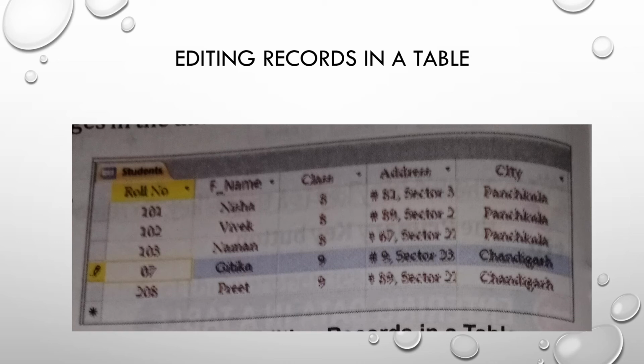Editing records in a table. After entering data in a table, sometimes it is required to make changes in the database. This can be done in various ways. To edit a record directly, scroll through the records or use the record navigation button to find the record to edit. Double-click the cell where you want to make changes. Type the information into the field. A pencil icon appears to indicate the edit mode. Click outside the record to apply the change.